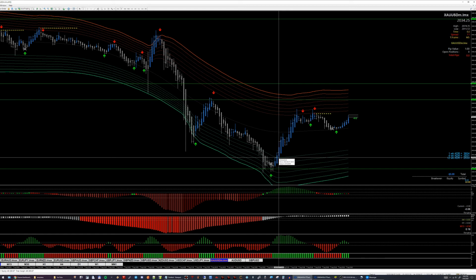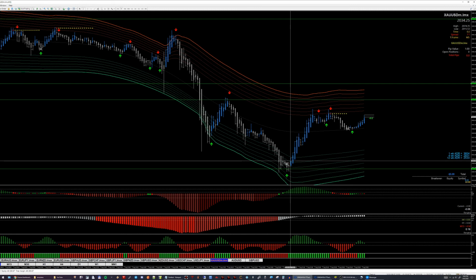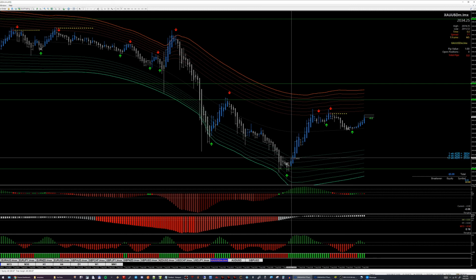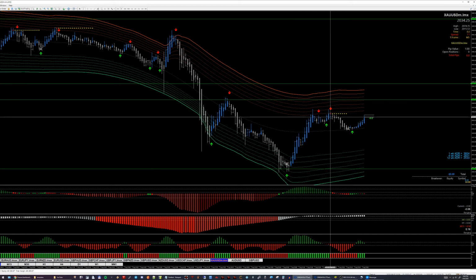I still wouldn't have taken the trade though. Why? Can you guess? Well, this was Friday, right before the market closes, so I don't take trades on Friday afternoon. But in general, this would have been a good setup. You would enter here, and then here's your exit. And this was a nice little trade before the market closed. I just wouldn't have taken it. Anyway,